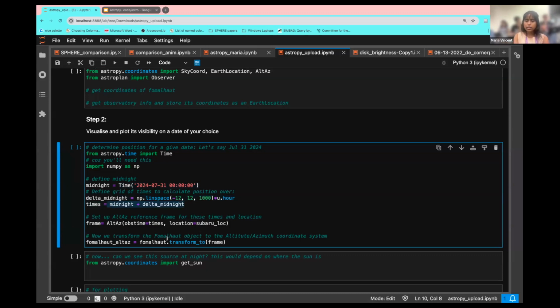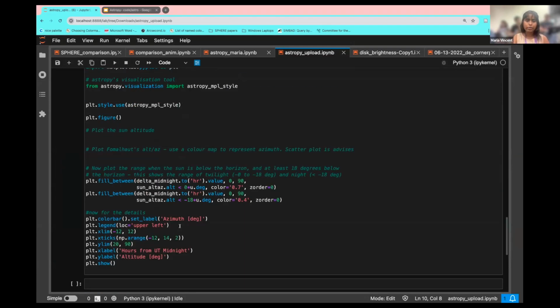And then we set up a reference frame. And why do we need a reference frame? That you're going to see very soon. So we're setting up this reference frame in altitude and azimuth only because it's easy to visualize. Because if you notice, I have my final plot